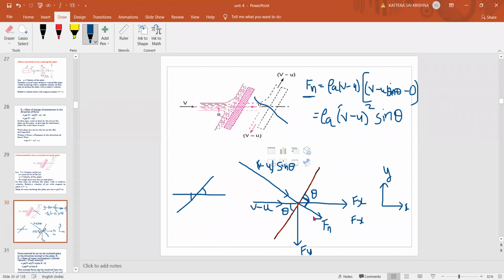So now we need to take Fn in the direction of Fx because we are calculating Fx. So Fx equal to, what we know, we have the angle on the opposite side of our line. If it is in between these two lines, we can take it as Fx equal to Fn cos theta, but it is at the opposite side. We don't have the angle between these two, but here we have the angle. So that becomes Fx equal to Fn sin theta. This is one way of writing. Or one more thing we can do, we can first take this angle as 90 minus theta.